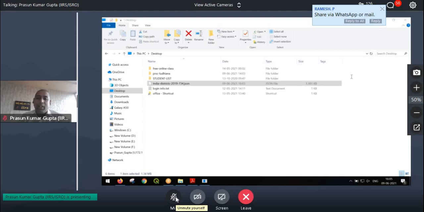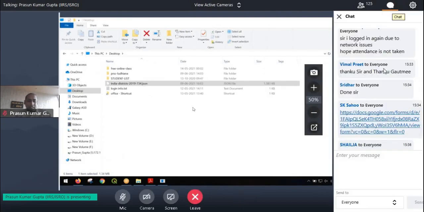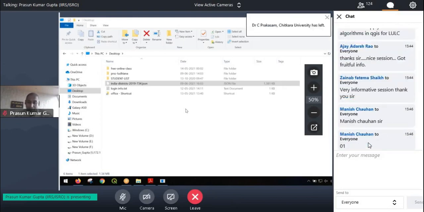I am not the authority to give the shape file of the country or district file or village file, any file. We are not the authority to share it. Just like you, I did a Google search, district file of India, I found something I am sharing with you for this demonstration purpose.